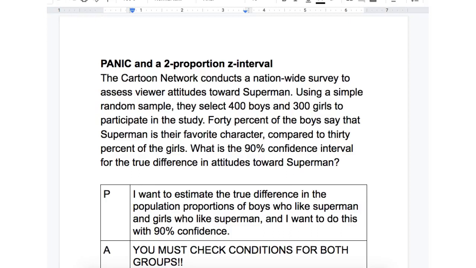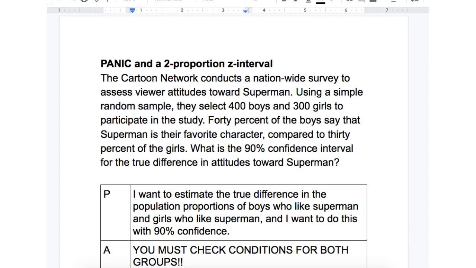All right, wizards, if you do me a favor and look over this document and watch the screencast, study this for Wednesday. This is when we're going to do this officially, and this will be something that you'll be quizzed on Friday. So we're going to compare two population proportions, and we're going to estimate the difference using a confidence